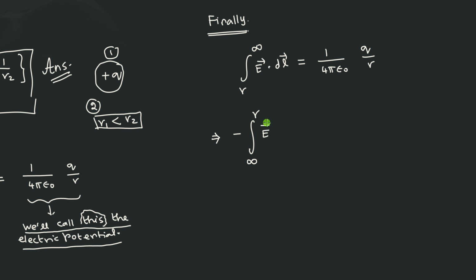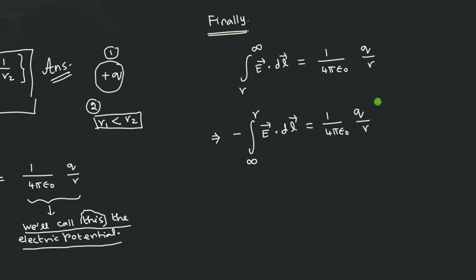Then I can write the integral E dot dl will be equal to, this quantity is the same thing. Let us say 1 divided by 4 pi epsilon 0 into q by r. Nothing happens to the right hand side. Only in the left hand side, we have rewritten it in such a way that infinity comes to the lower limit. That's all we have done. And for that, we have attached a minus sign. And this expression is what we are going to say is a definition for the electric potential.